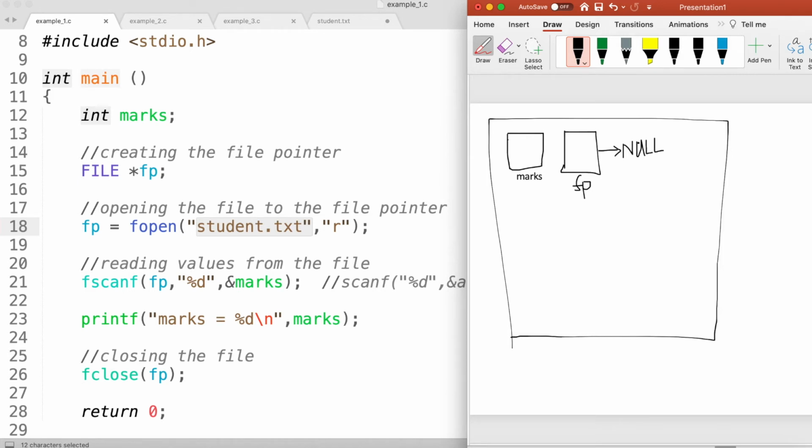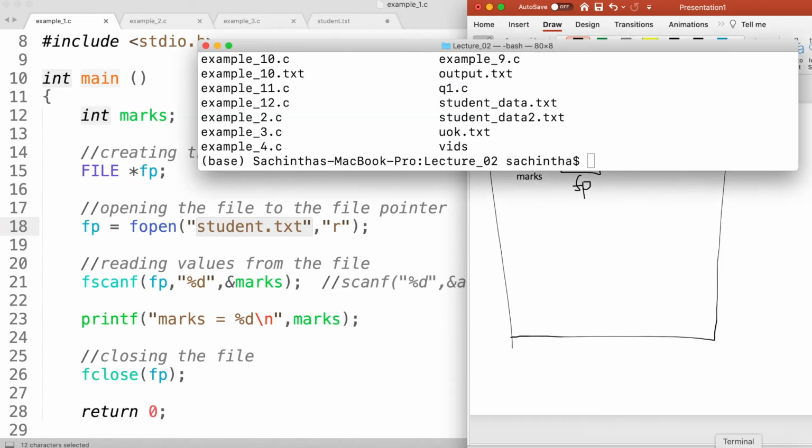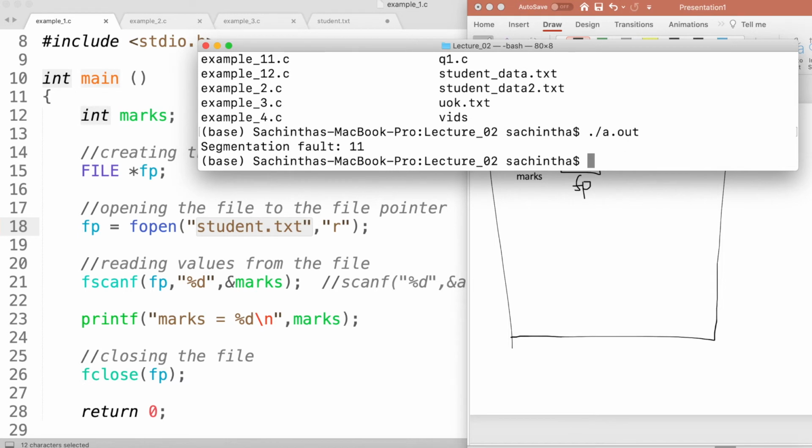So that is why it has produced the segmentation fault error, and it has stopped execution of my program, right? So that is why I have got this segmentation fault error. In this case, we know this segmentation fault error was caused by the fopen command. In some situations, you might get the segmentation fault error in other scenarios as well, other than the fopen command.